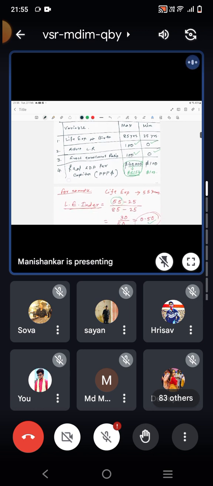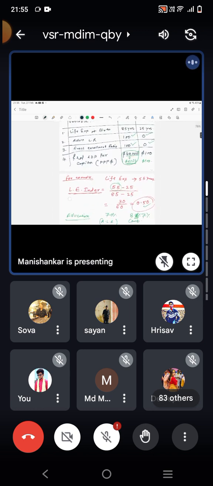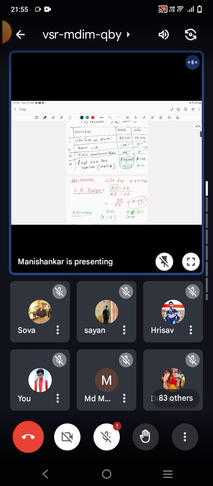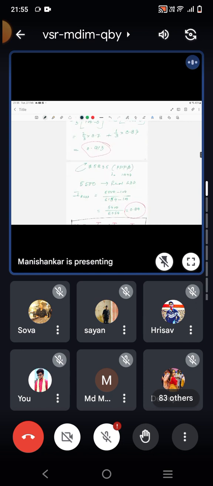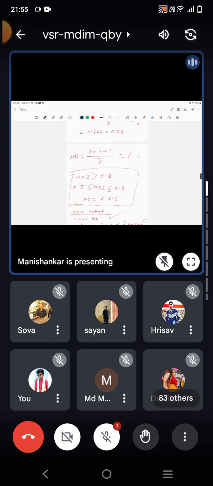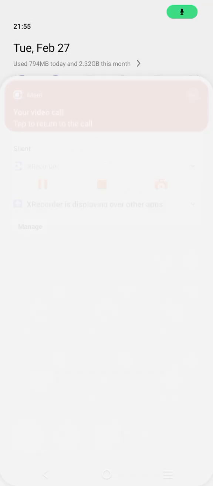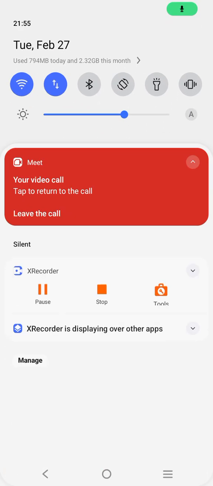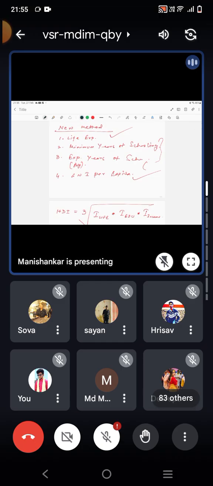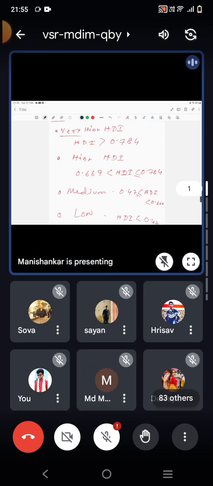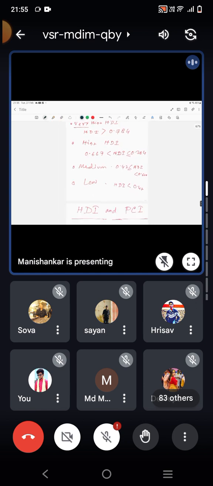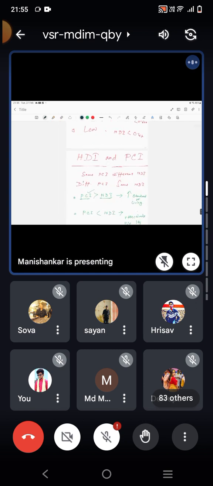These are the main values, and we know actual minus, that is we know the interpolation method, that is maximum minus this. So in that way you can calculate 1/3 of this. So this is your new approach where we basically modify the factors. Okay, though this is not included in our syllabus. Then next one is, you don't need to cover all this, I just told you. But HDI and PCI, that is important actually.